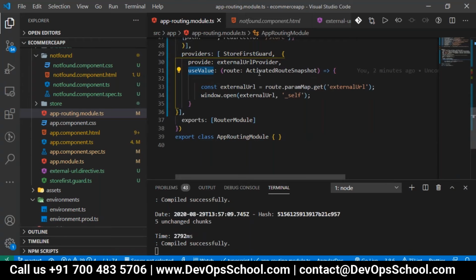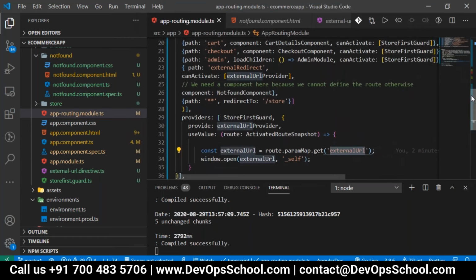It's routing, so we give the activated route snapshot for the external URL, route.paramMap.get of external URL, which is the name you have sent here. This name should match the external URL you have configured in the component. Then we are giving window.open.